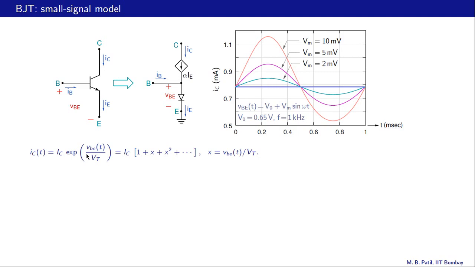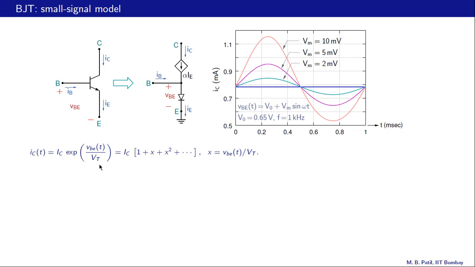So the magnitude of this term here is going to be 2 millivolts divided by 25 millivolts, the thermal voltage. So that is 2 by 25 or 1 by 12, say. So that is much smaller than 1, and